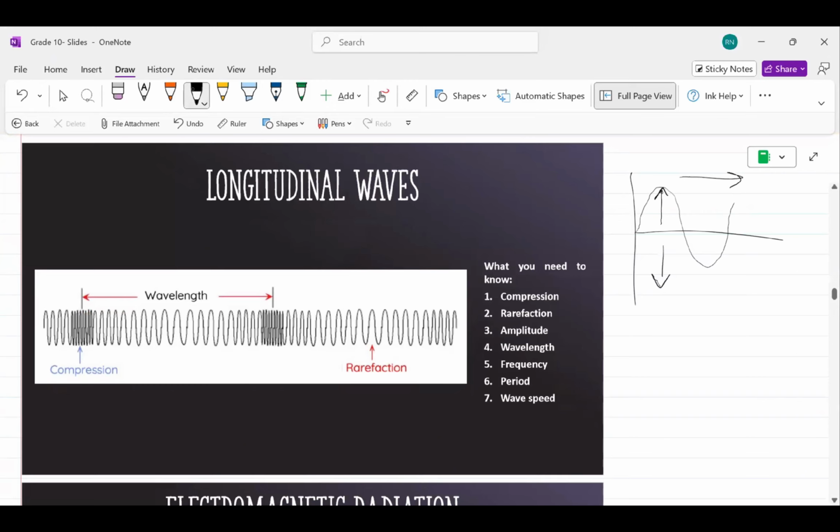What you'll actually see is that the wave moves from left to right, but your particles also move from left to right. And what you get is that, so let's say somebody has their hand over here. I'm going to try and draw a hand. Somebody has their hand over here and they're pushing the spring forwards and backwards and forwards and backwards. What you'll get is you'll get these parts of the wave that are clumped up together, and